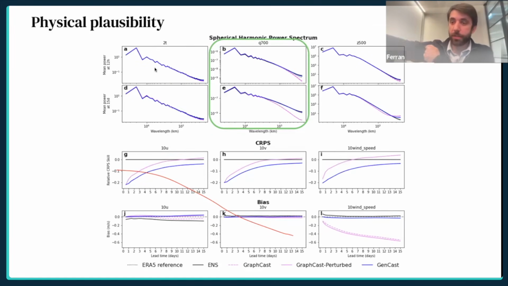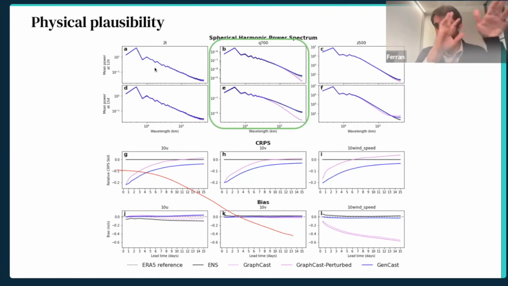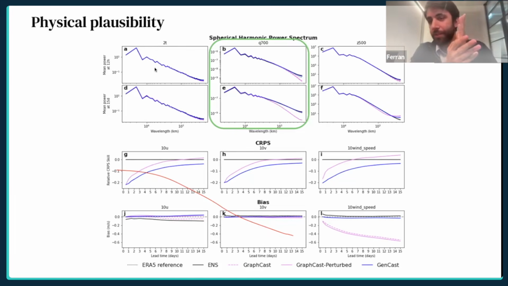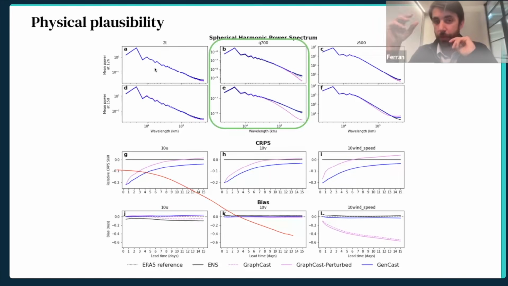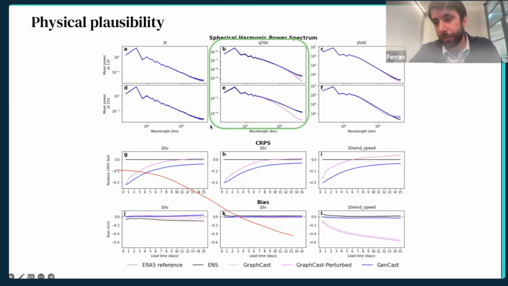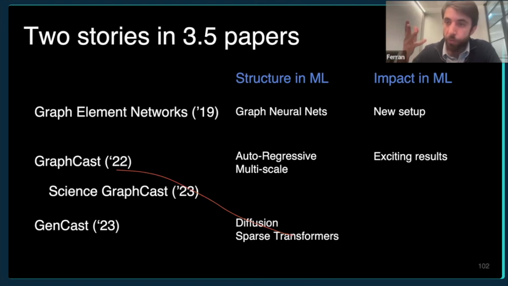The second thing is the wind speed. If we think about predicting the wind, sometimes the wind goes left, sometimes the wind goes right. So if you were to predict where the wind is going on average, you would say, oh, it's not going anywhere, right? It's stationary. But if you then derive the speed of this wind, you would say it's 0 kilometers per hour, which doesn't make much sense because on average, there is a bit of wind. You can see that we are under predicting wind in GraphCast, whereas in GenCast, we are predicting pretty much the exact quantity of wind.